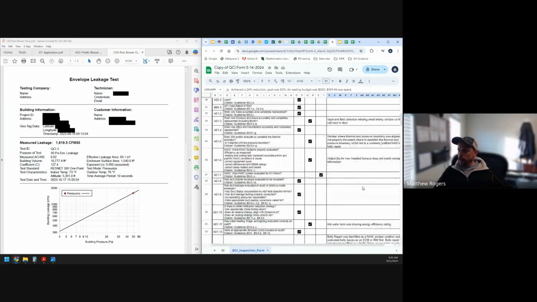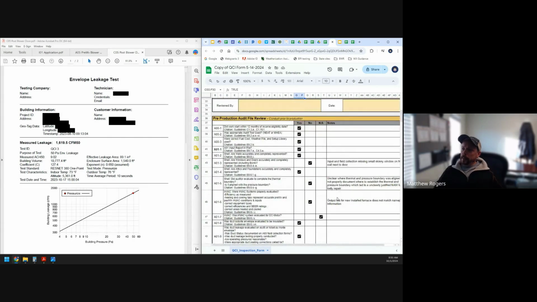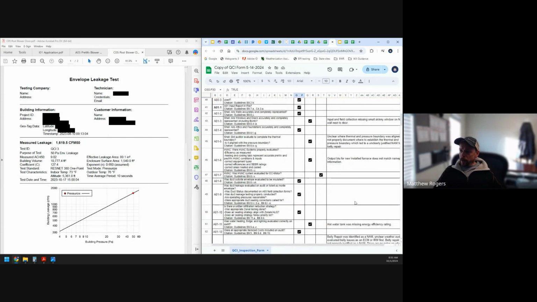Okay, we're done with that top section. I'm just going to fill this out quickly because we're down to 10 minutes, but there wasn't any intake documentation problems with this client file. As you can see, we've got some audit issues,